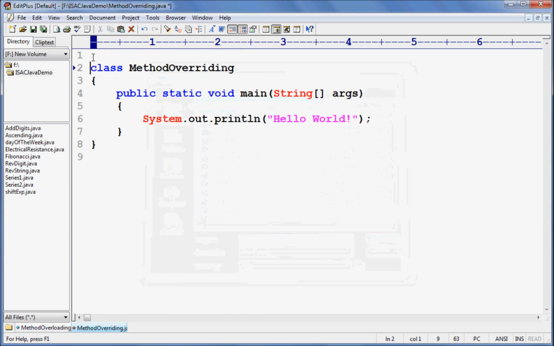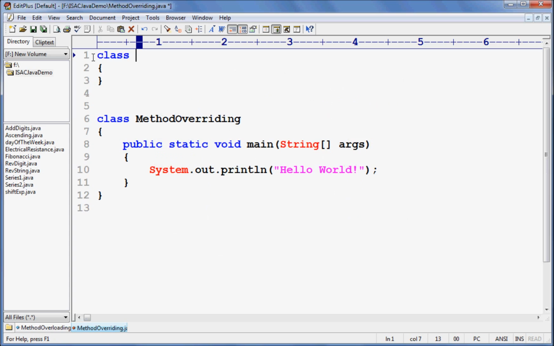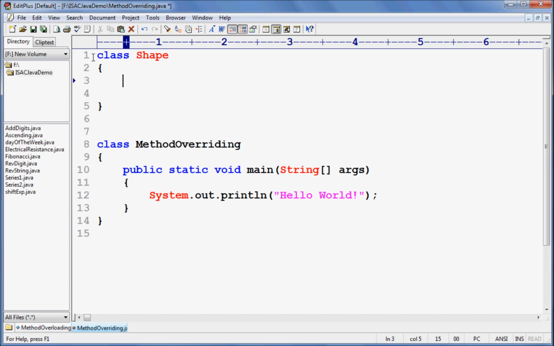Now go to this place and say class. Consider I have a shape here, class Shape, and here I write